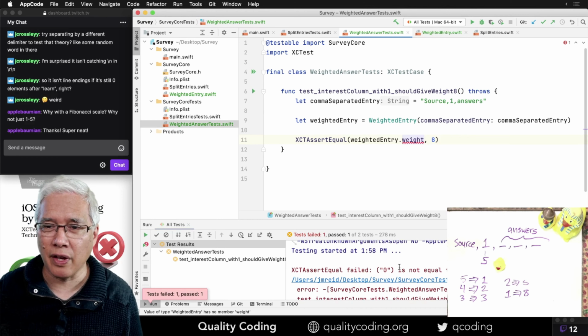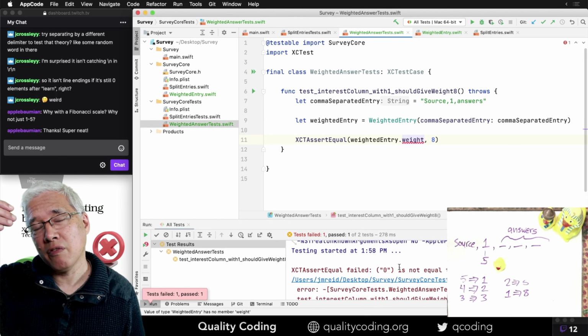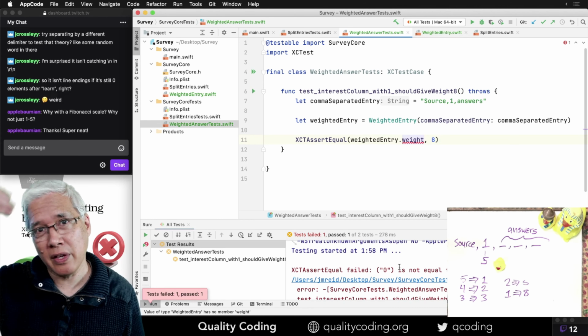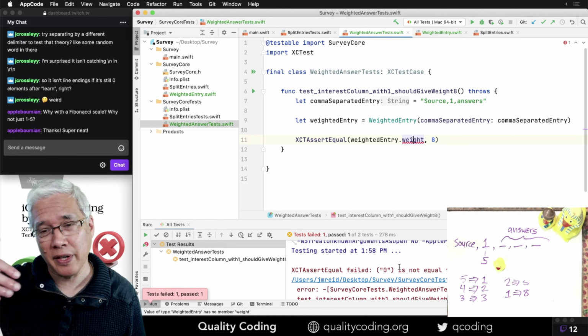Bing. Okay, this verifies my theory. It's kind of like the scientific method. I come up with a hypothesis, my hypothesis is that this will fail for this reason. And then I run the experiment, and that tells me if my model of the world is correct. My mental model of the code is correct or not.